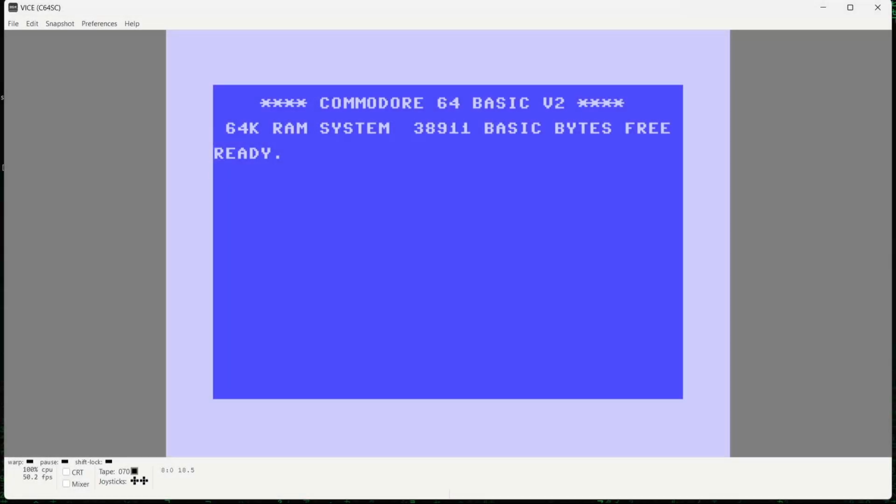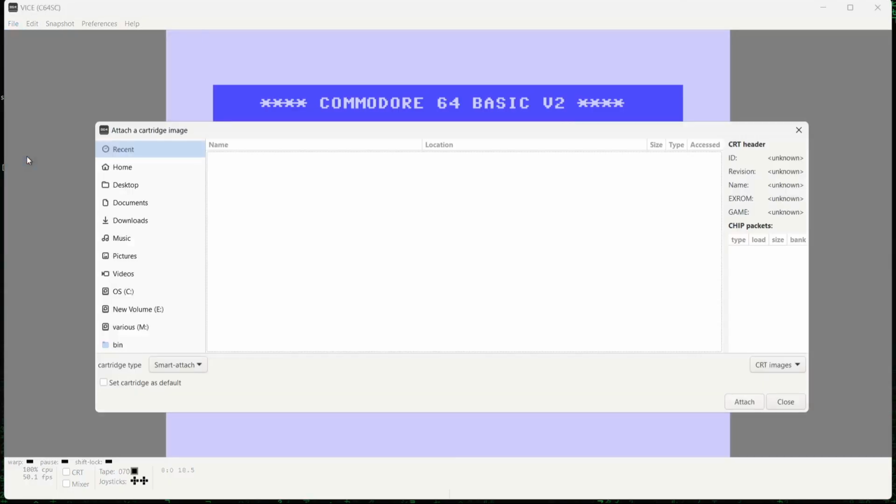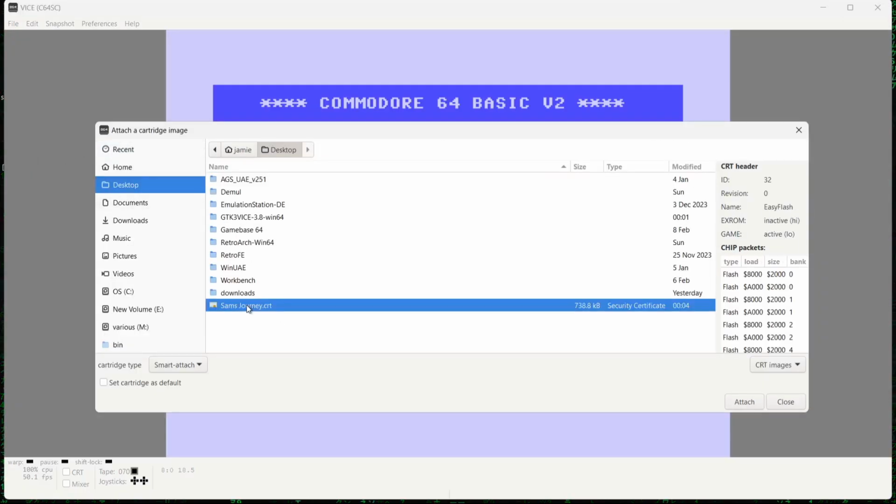Now, going back to Sam's Journey and .CRTs, which are cartridge images, you can drag and drop them onto the Vice shortcut, or you can go to File, Attach Cartridge Image, and Desktop, and then just search for your game. Mine is just here. And in this case, we can actually look at chip packets and all types of data which is actually connected with this game itself. So if I go to attach this,